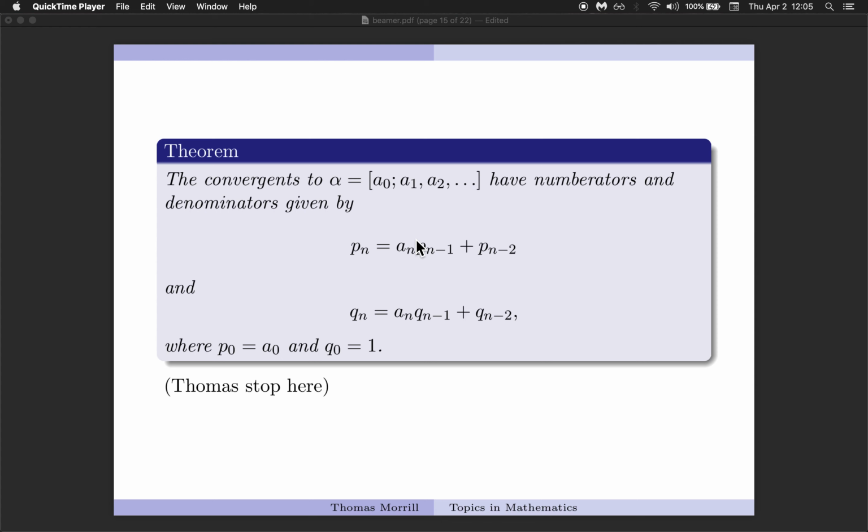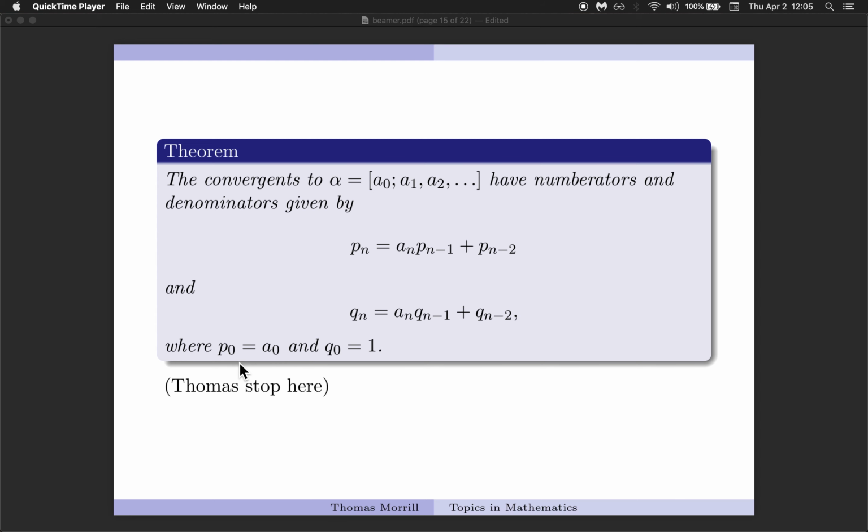Okay, last one. So, we're going to prove something today. I have some real number alpha. I have integers a0, a1, a2, and so on, which came from the continued fraction expansion of alpha. I claim if you want the numerators and denominators of the convergents, Pn and Qn, then the formula you're going